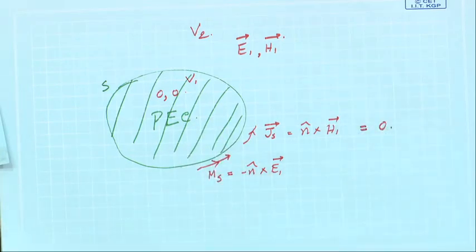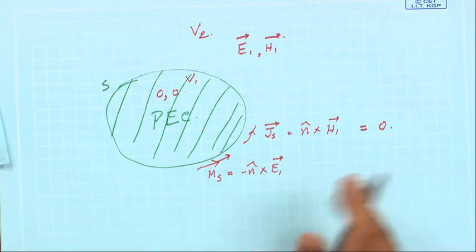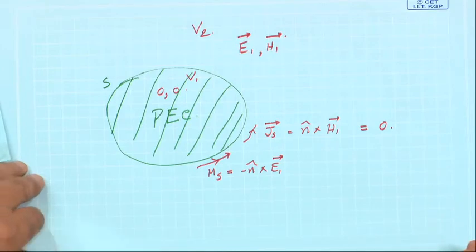That is a different problem, but I will now say that in this case the Js value becomes 0. Why? It says that no field gets radiated by an electric current impressed along the surface of a PEC. How? To understand this,